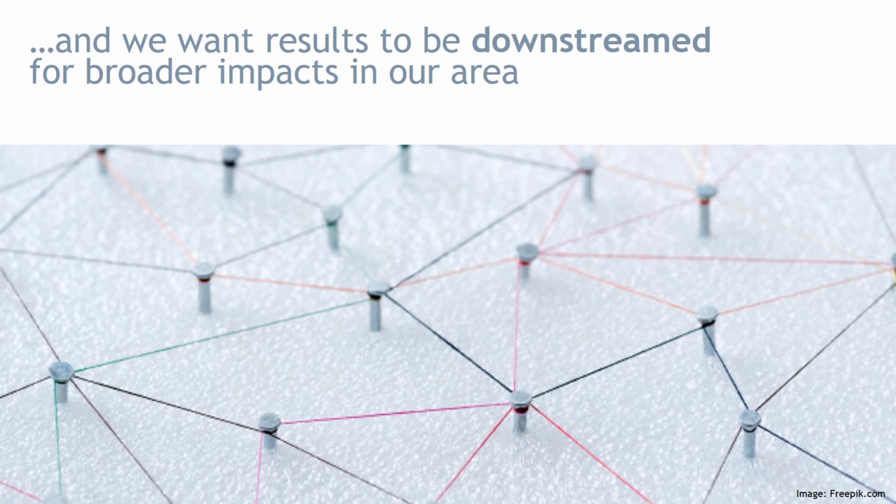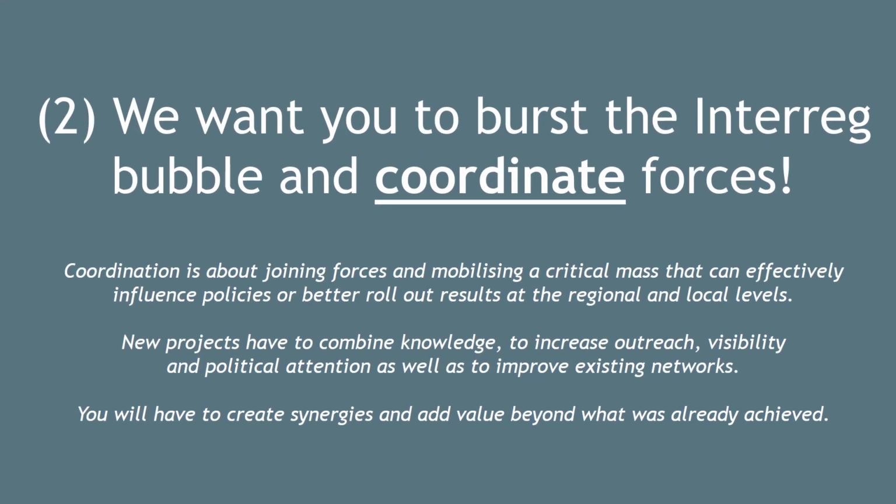But results and outputs can also be downstreamed for broader impacts in our area. In our application manual, we define this the following way. Existing outputs and results are tailored in a way that they can be further rolled out at the national, regional, or local level. Such rollout could happen geographically to utilize adapted outputs and results in other regions, or it could happen thematically to utilize these in other sectors than initially foreseen. The main aim of downstreaming is to give regions in Central Europe easier access to transnational outputs and results of our existing projects.